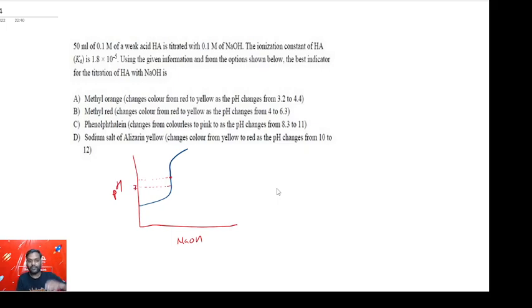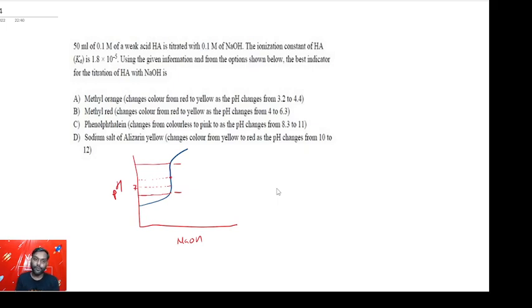So the sharp change in the pH in the vicinity of the equivalence point takes place from this value to this value. Because it is a strong base, this value is around 10 point something, and this value is just slightly less than 7, 6 point something. So any indicator changing the color in this range from 6 to 10 something will be useful in this titration,